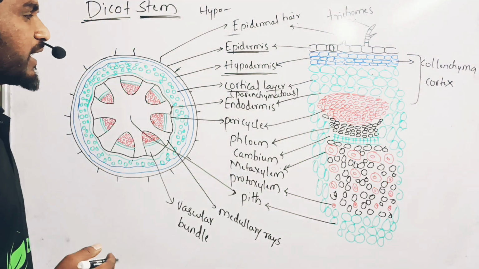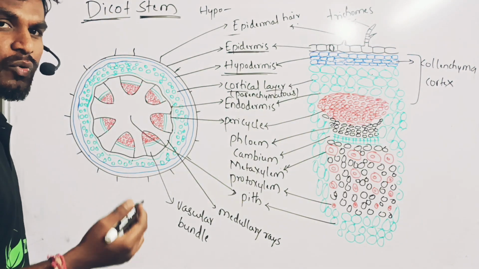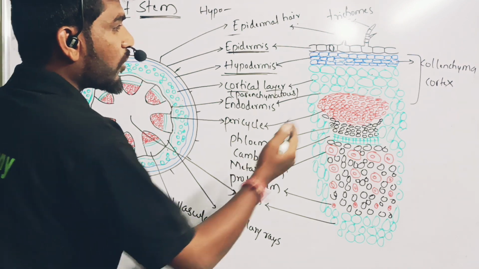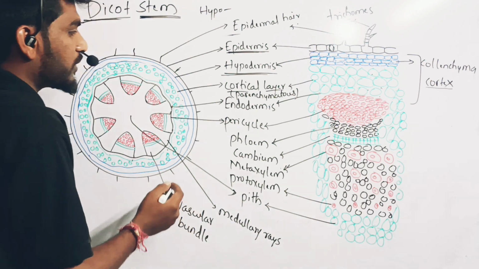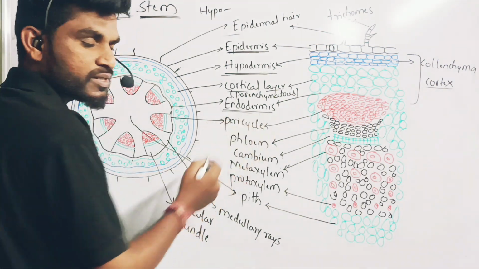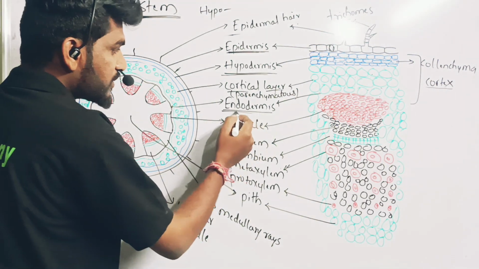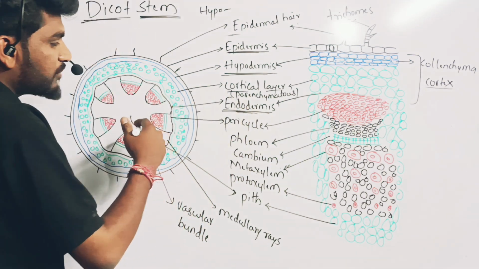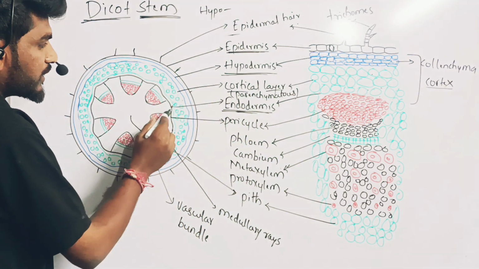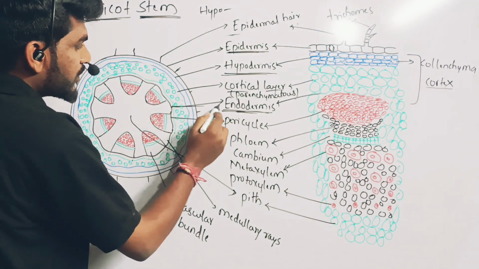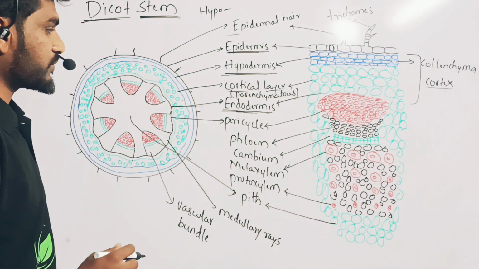The innermost layer of the cortex, what do we call it? Endodermis. Endo means inside, dermis means dermal tissue. The innermost layer of the cortex we call the endodermis. Below the endodermis,